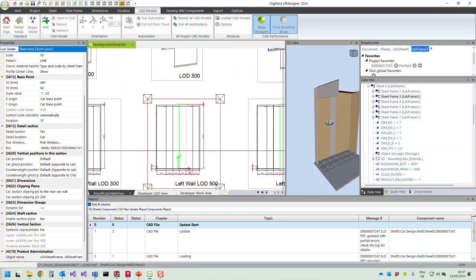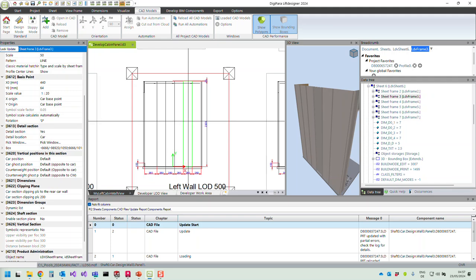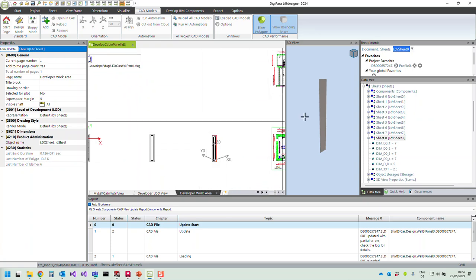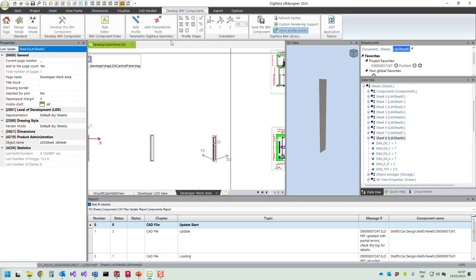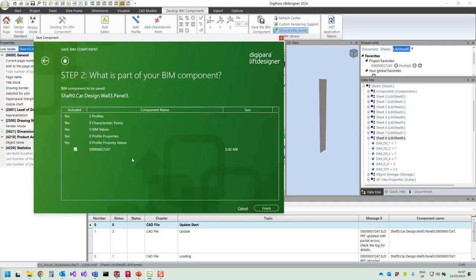What we see is that we now have only one manufacturing component, and the others are still the old components. To reload this, first of all, I want to save this. So I go to the developer work area and I say develop BIM components, save this BIM component to database, update the existing BIM component, and you see that I have the two standard profiles of this BIM component, but